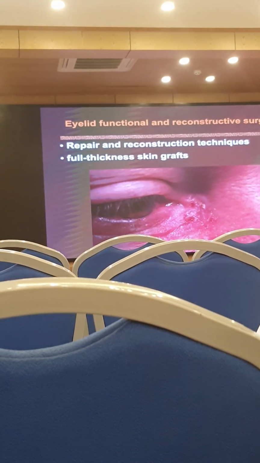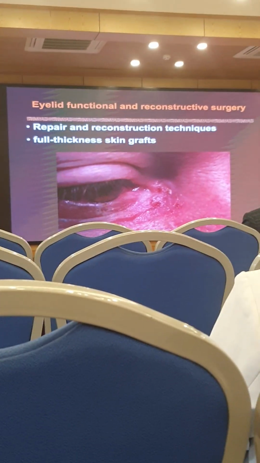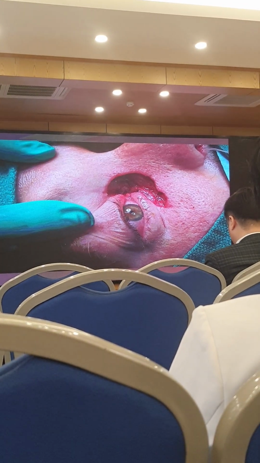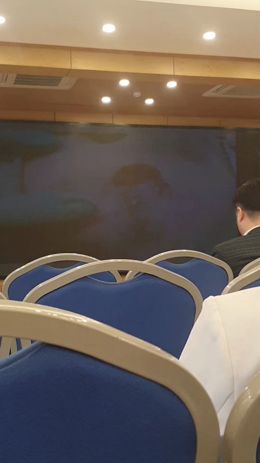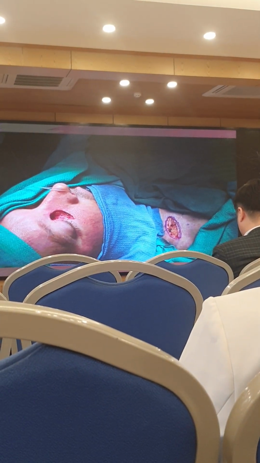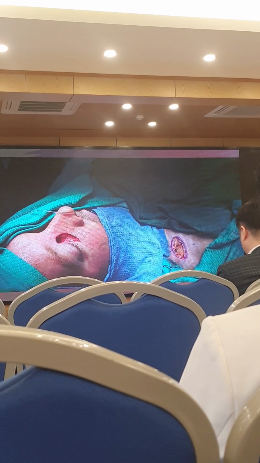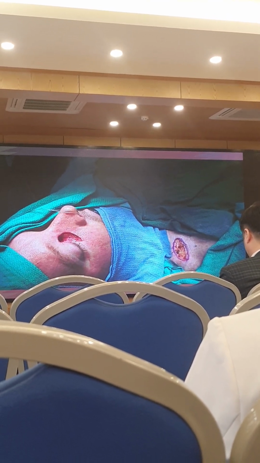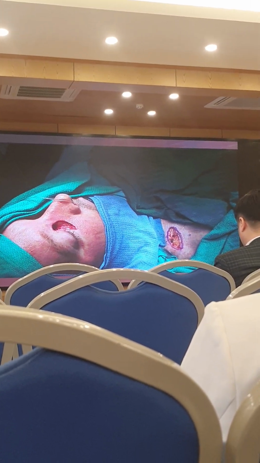Now this was a young patient. This man was only in his 30s and had an extensive basal cell carcinoma. It was removed by a Mohs surgeon with a fairly extensive excision. And then he came to me for reconstruction. And he was young, so he did not have much skin on his upper lid. In older patients, we like to use the upper lid for a source for skin graft. He was young and did not have enough skin on the upper lids,